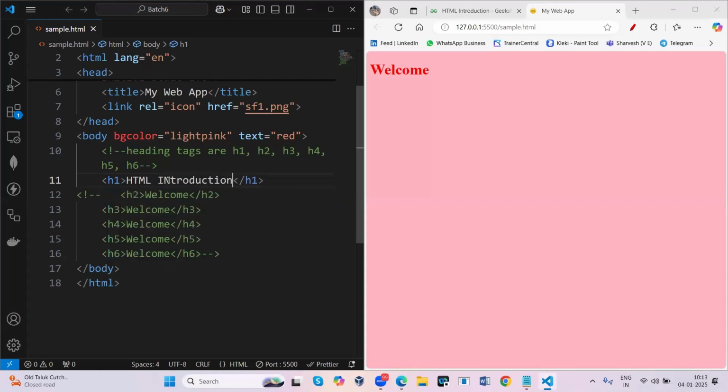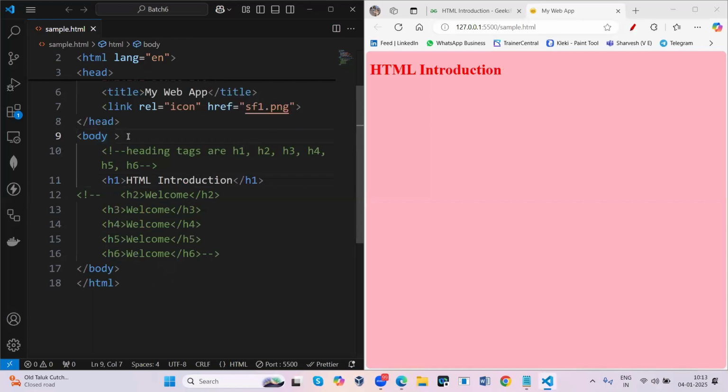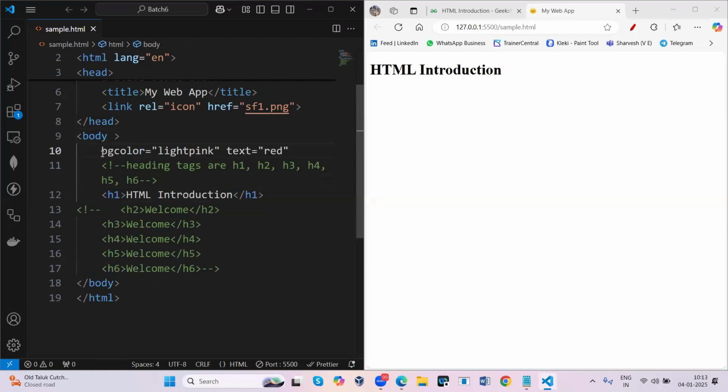I'm just giving a heading. And usually, the background will be white color and the text will be black color. So to come back, I'm going to remove these styles part. To understand, I'll keep it down and I'll comment.